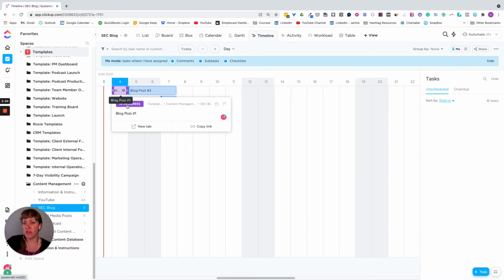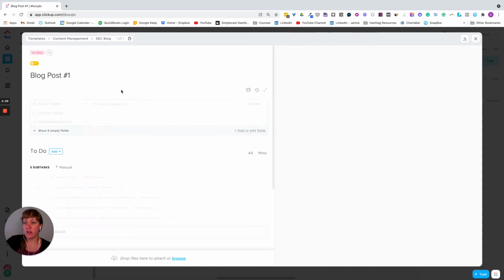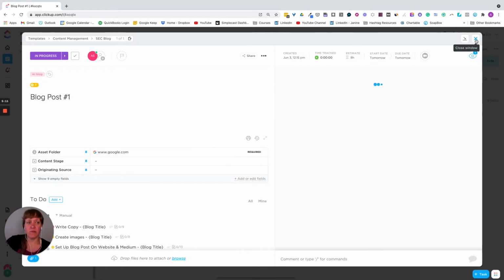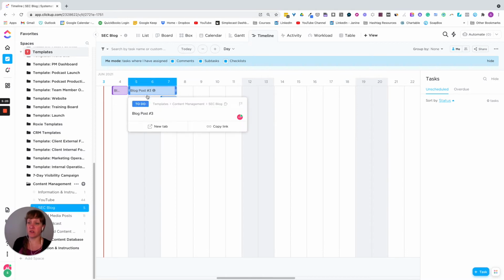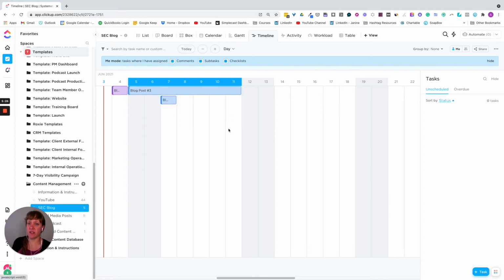If you want to open it to a new tab, click on this and it'll open it up. If not, you can click on the task, it'll open it up for you. And you can show overdue or unscheduled. Obviously, these are scheduled because I put due dates in there for them. And again, you can drag the task out to say when you want it due. And this is clicked here because I asked it to show me all subtasks and checklists that are assigned to